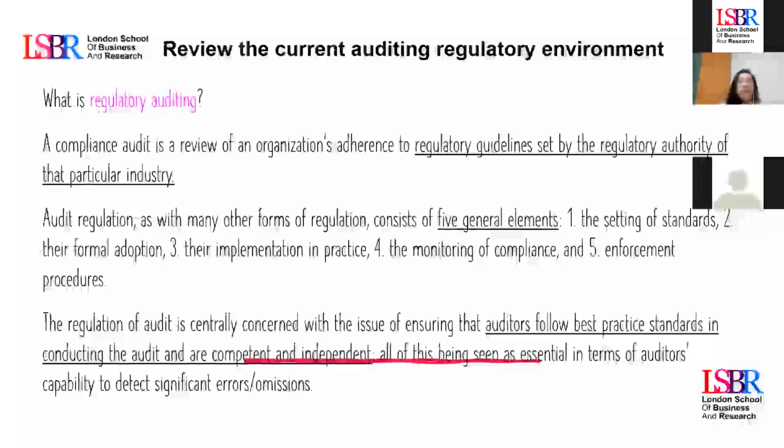follow. Then when we identify the set of rules, we need to know if the adoption in the company is present or not. If the company is aware that each company needs to cover this set of rules. So we call this second stage formal adoption. Then we are going to review if the company has implemented the rules in the normal operation. And then we are going to monitor the implementation.